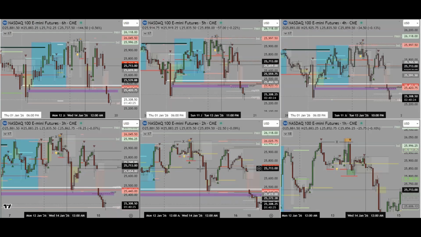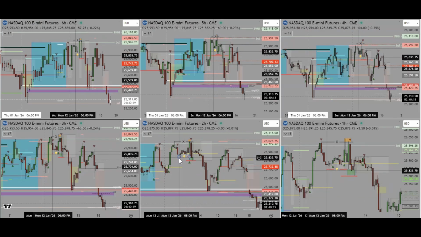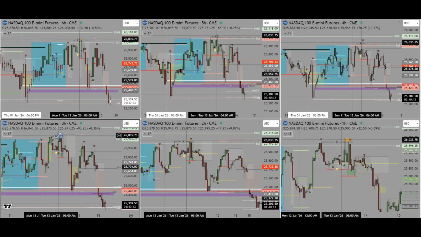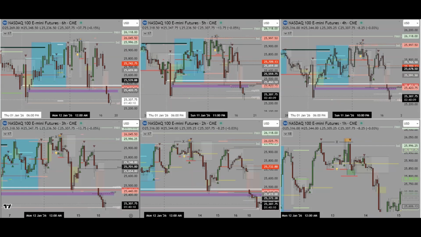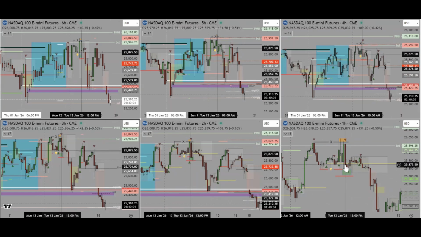So in this moment, once we take this low, it doesn't need to take it with the body, just to trade below this low, the most recent short-term low. That's when we look for the sell signal. So basically the sell signals are going to be this one and this one, formed around Tuesday 13 at 12